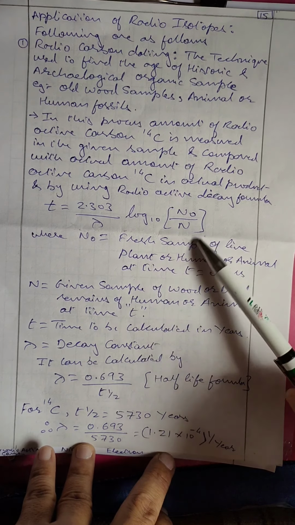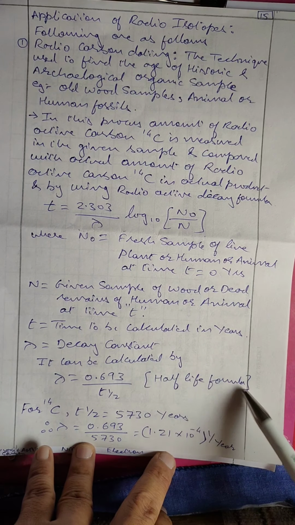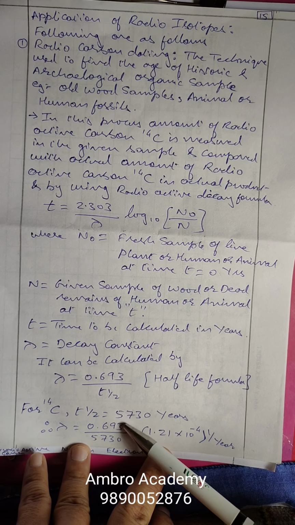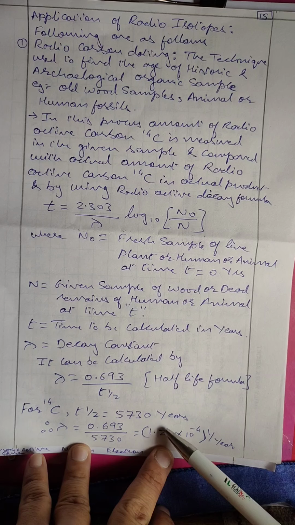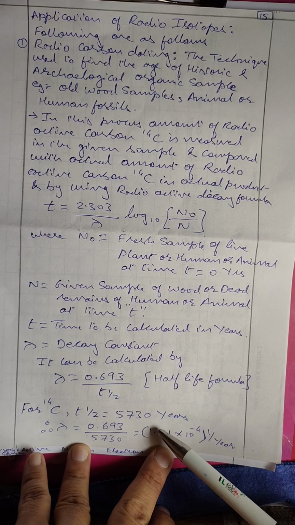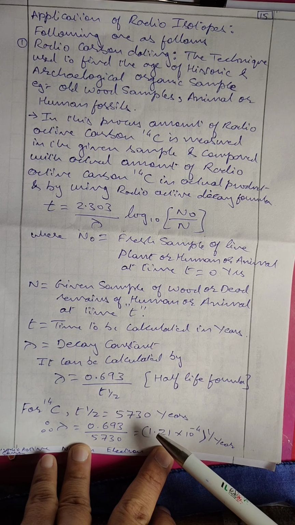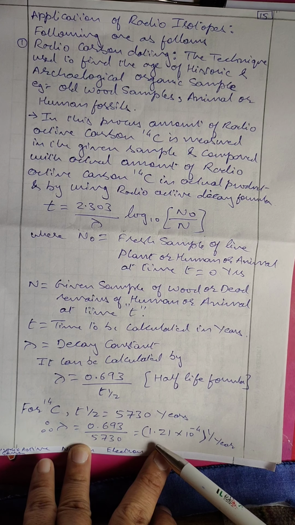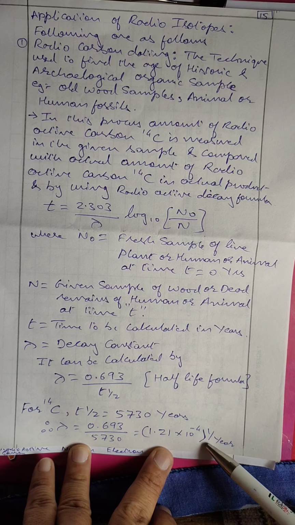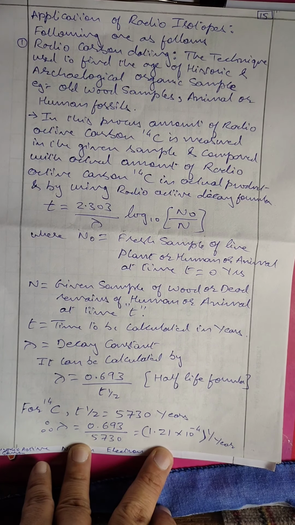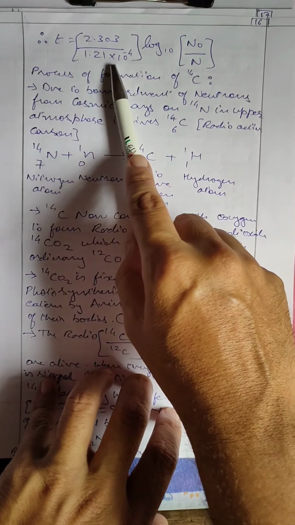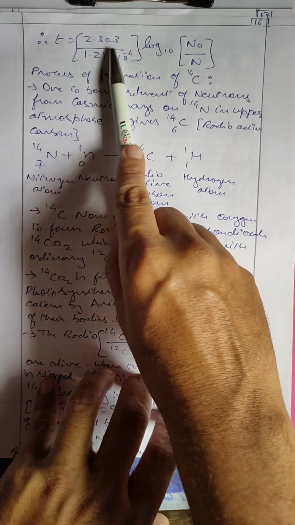This formula and this formula we have already used. It is the half-life formula. We know C14 has a half-life of 5730 years, meaning in 5730 years C14 is decayed to 50%. So if we put this in the formula for λ, we get the value of λ as 1.21 × 10^-4 per year. Now after putting the value in the formula of T,